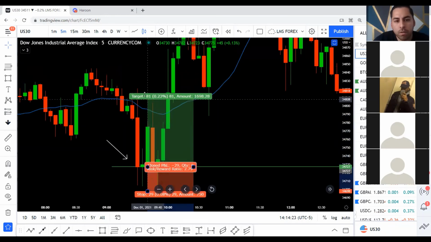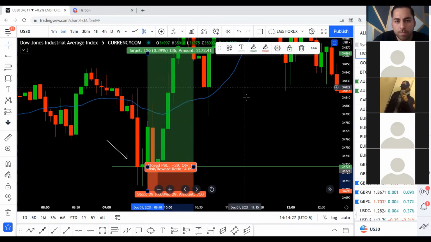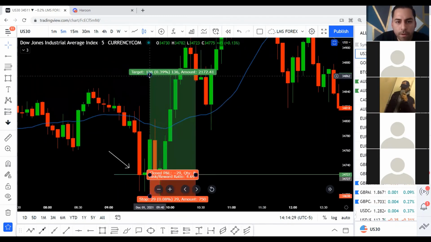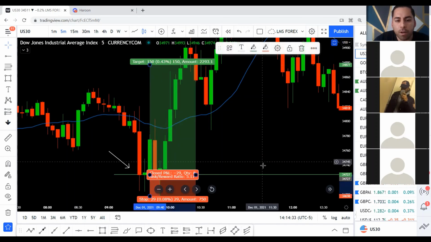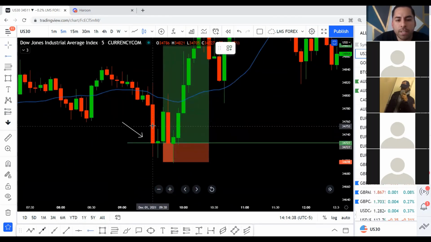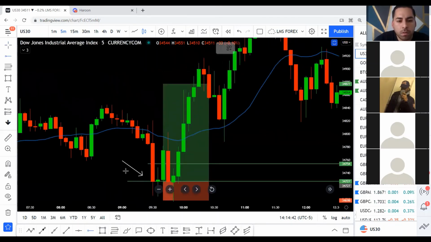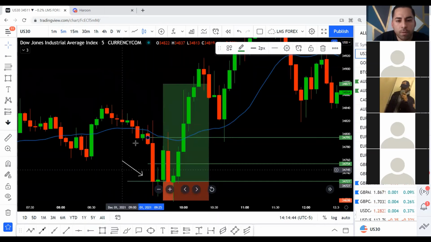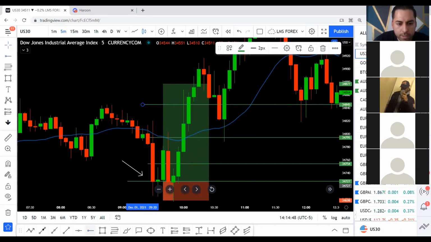And I try to capture the whole move. So I usually go 150 pips, or 1,500 points. That's my TP4, right? As the price is hitting the take profits, take profit 1, take profit 2, take profit 3, and let's say take profit 4,